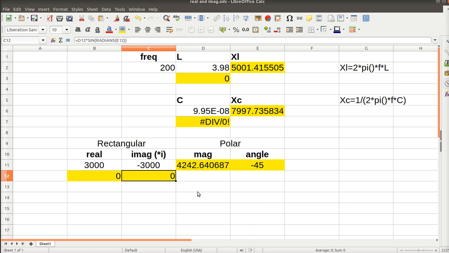Okay? If somebody gives you a polar and you want to know the real, then you've got to put in the hypotenuse and the angle, and the yellow will go the other way. It'll go from one side to the other. Okay? So that is what we've got here in terms of impedance for our circuit,